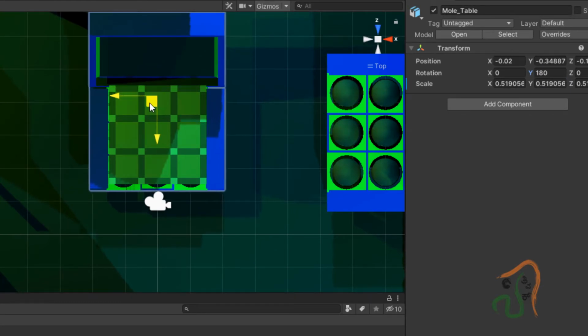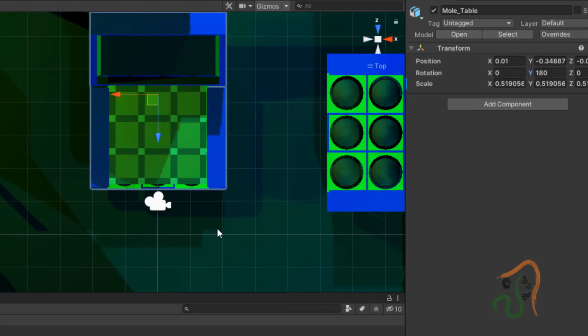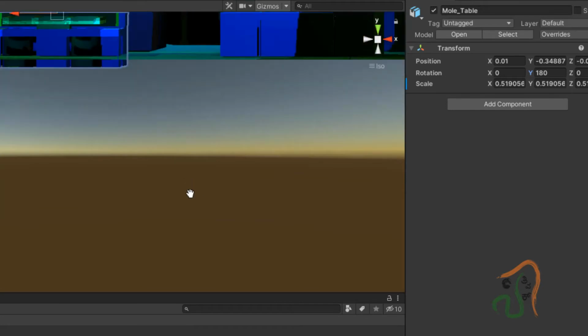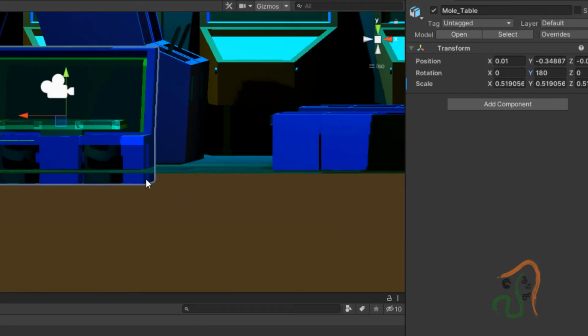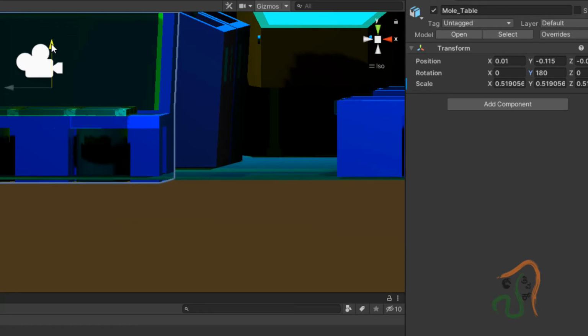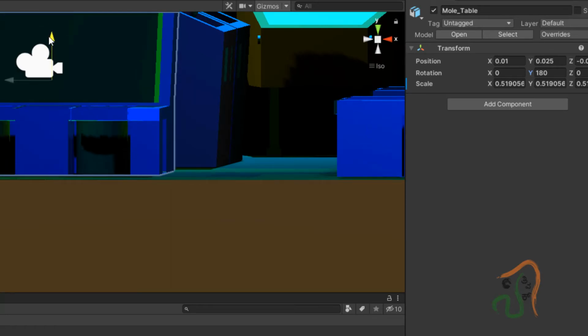So now let us drag it and place it. This positioning we have to do perfectly so that it sits exactly at the table position. So if required, let us move it slightly to the top like this. Okay, yeah.